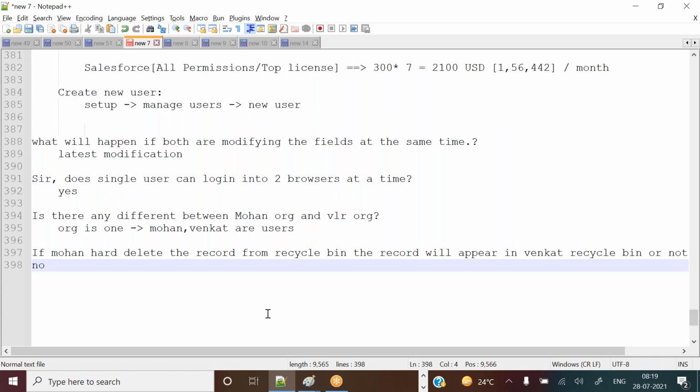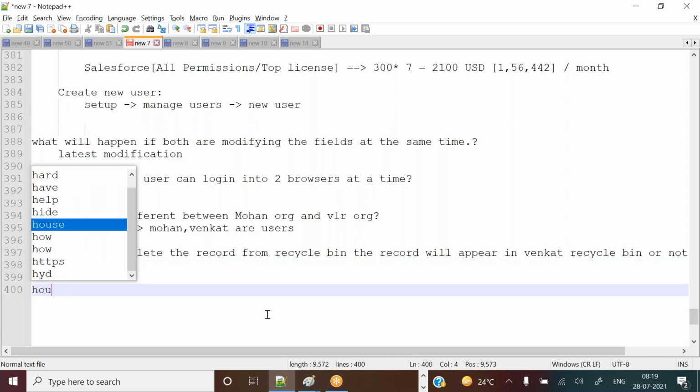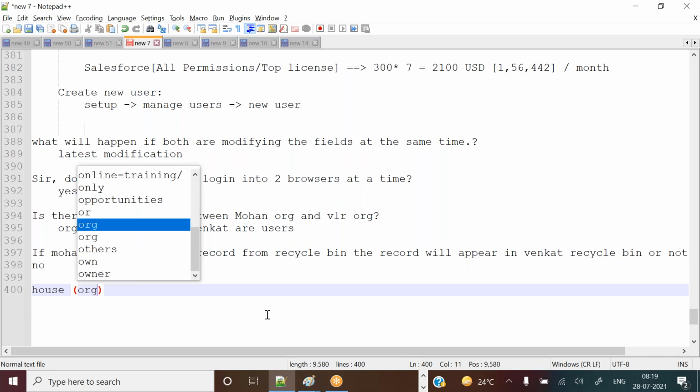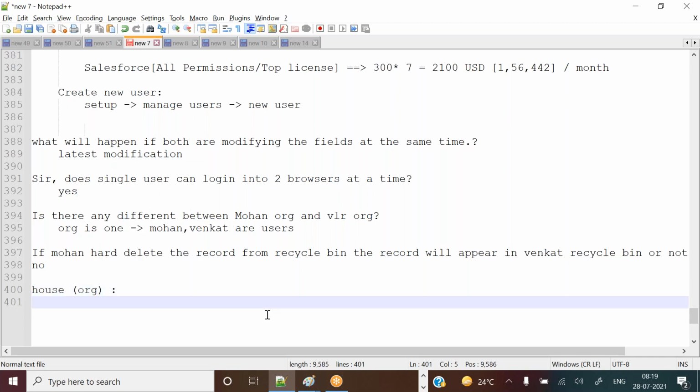Let's say it simply. Suppose you entered a house and 10 members are living in the same house. The house is nothing but the org. You can compare it like that if you have any doubts. 10 family members are living.